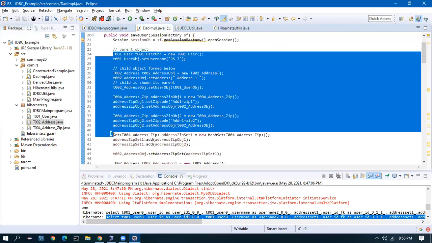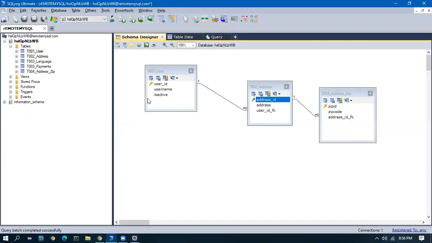If you say that you know Hibernate, one to many and many to one, 100% they'll ask. It is a standard question, because the only power of Hibernate, why we are going for it, is one to many and many to one. With one save, I am able to save into all the child tables, and with one fetch, I can fetch all the tables. That is possible only with one to many and many to one. So if you say you know Hibernate, you have to 100% know one to many and many to one. You have to clearly know how it works.